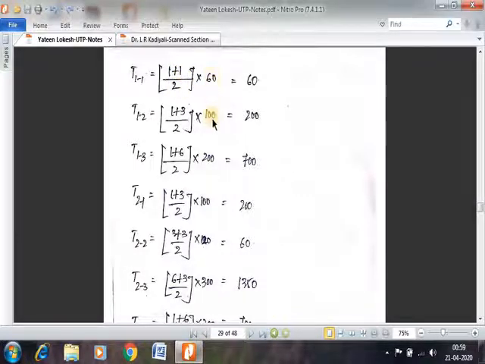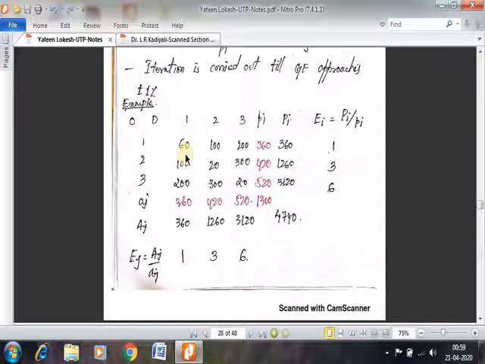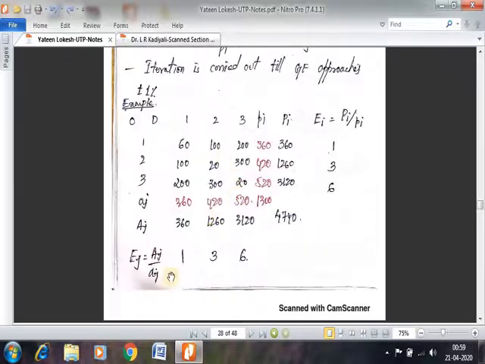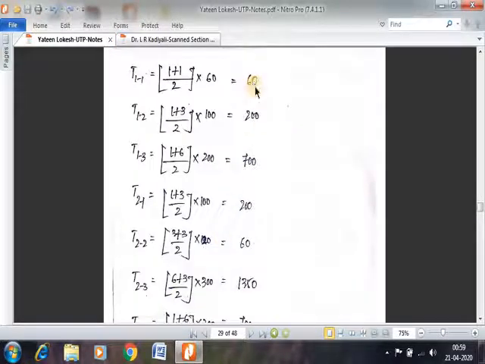So if you look into this, if I am trying to find out capital Ti for 1 1, then small Tij is 60, isn't it? And what is its corresponding growth factors? So if you closely see here, the growth factor here is 1 and 1. Okay, so 60 multiplied by (1 + 1) divided by 2, you will be getting 60.